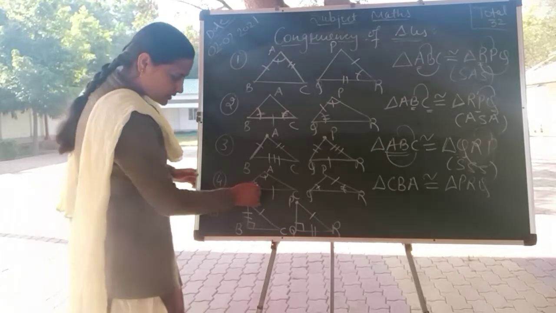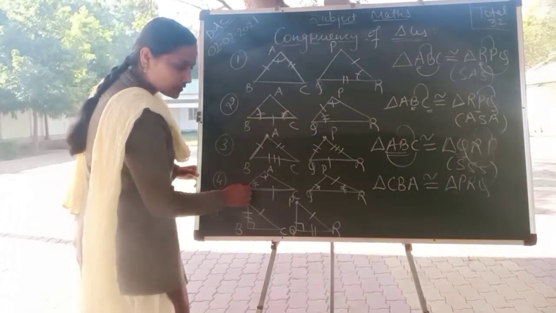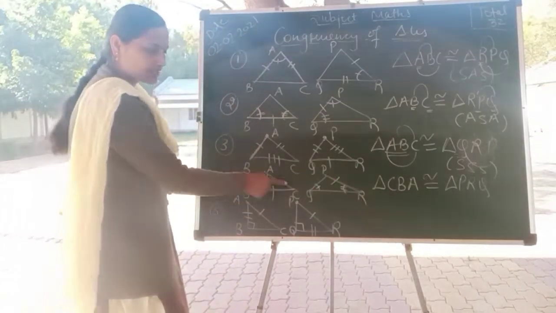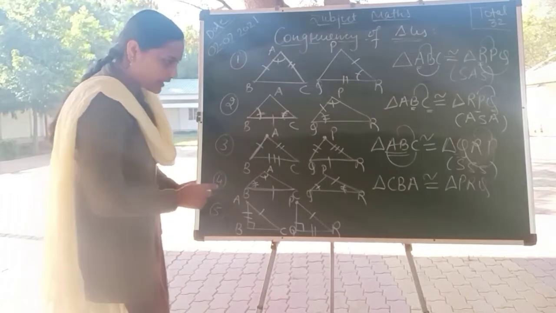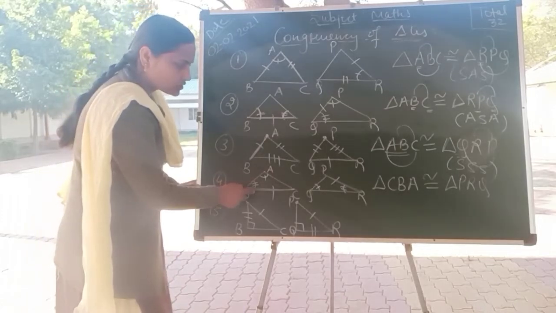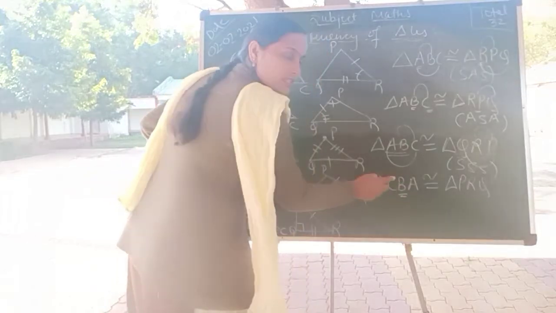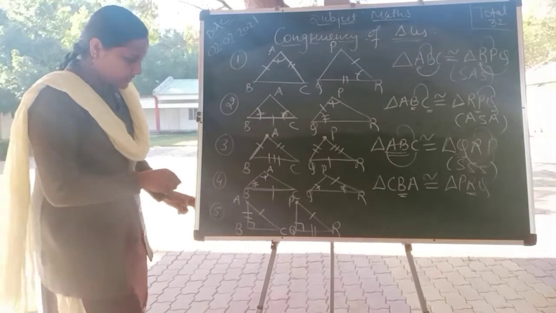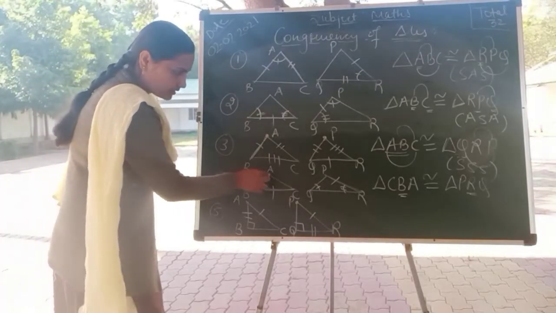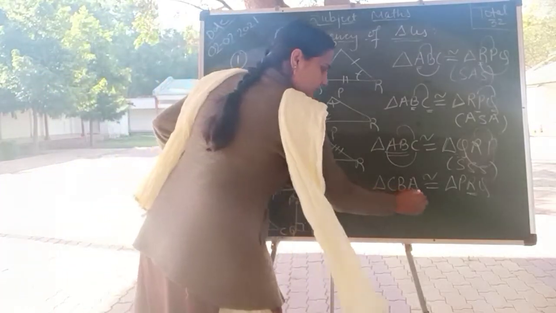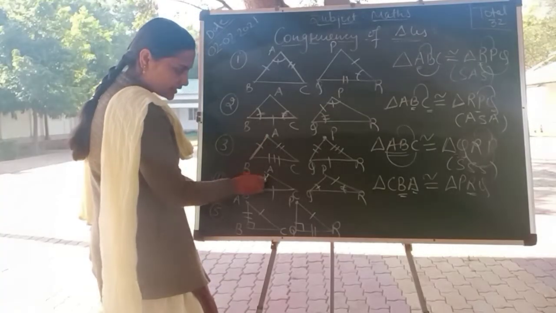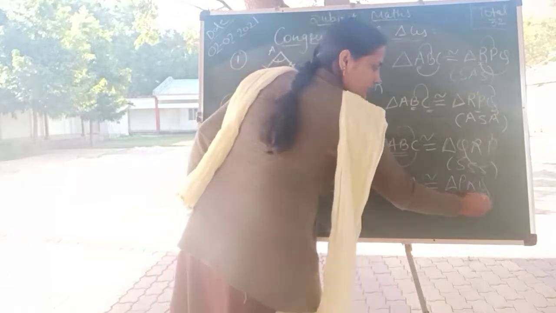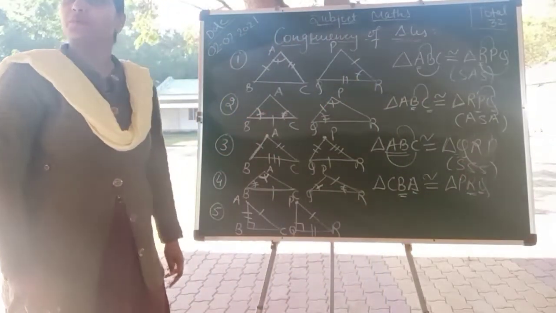So here CB is equal to PR. Next, angle B is equal to angle R. Angle B is in second position, so angle R should be in second position. Done, correct. Now next, angle A equals angle A, the single cut. Where is the single cut? Here, angle Q. So angle A is equal to angle Q. Yes, it is following the sequence properly.